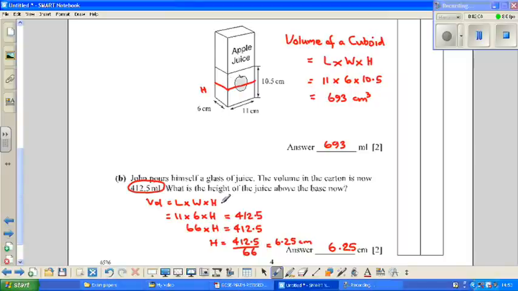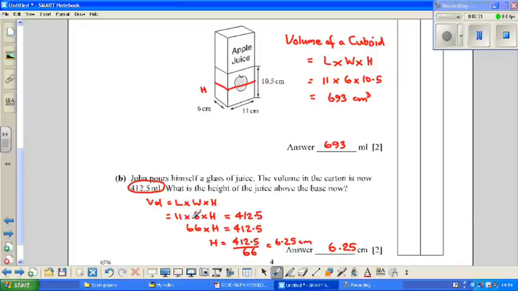So again, our formula hasn't changed. It's still volume equals length times width times height. So we know the length of the carton hasn't changed. It's still 11 centimeters. The width hasn't changed. It's still 6 centimeters. But the height we don't know, and we're calling it h. And we're given that that new volume here is